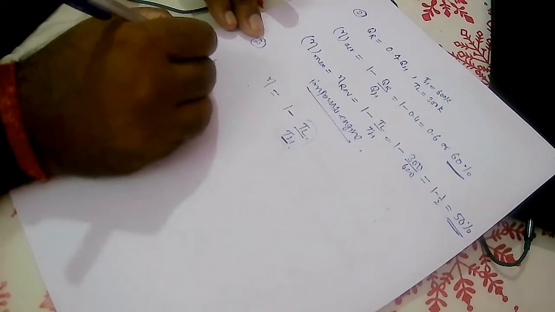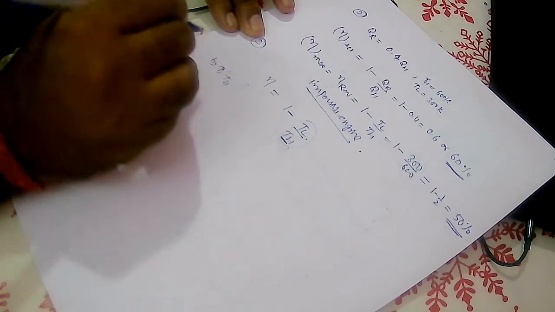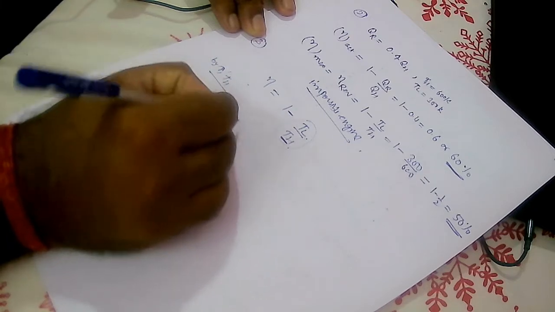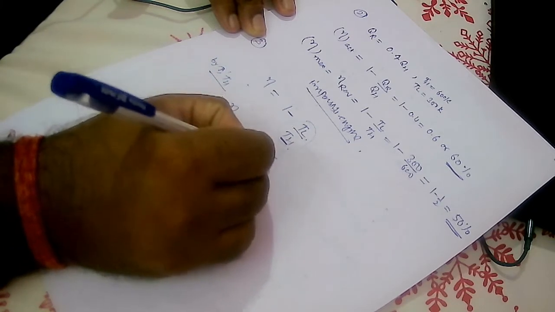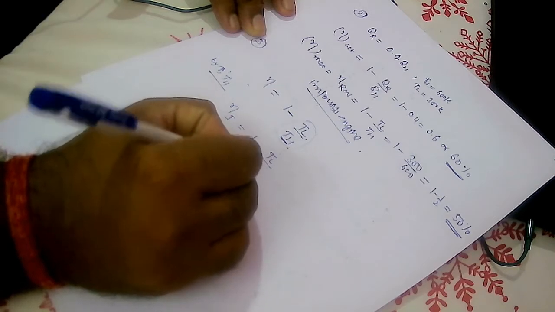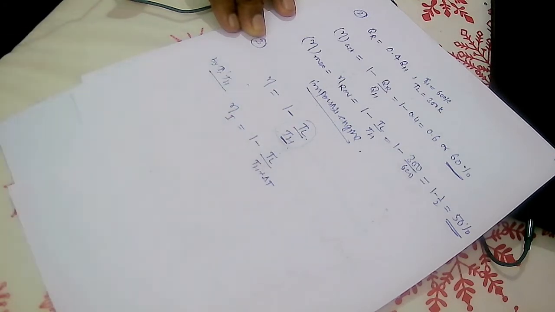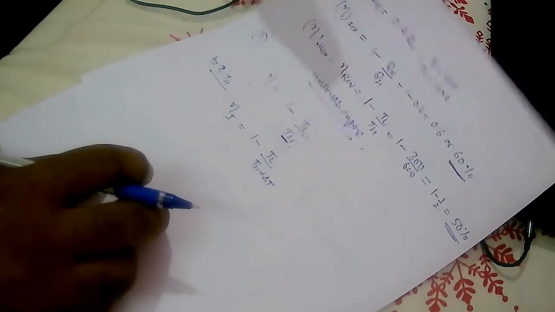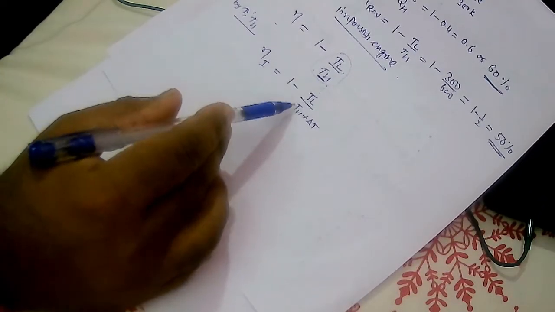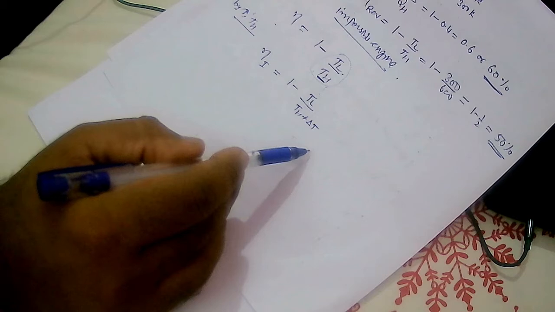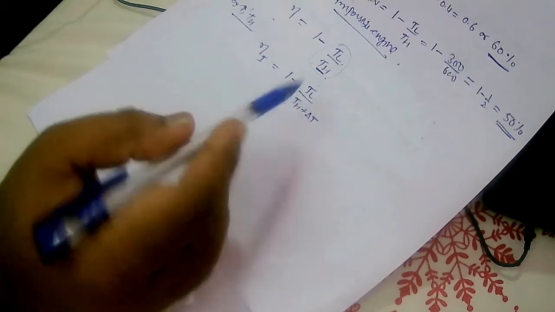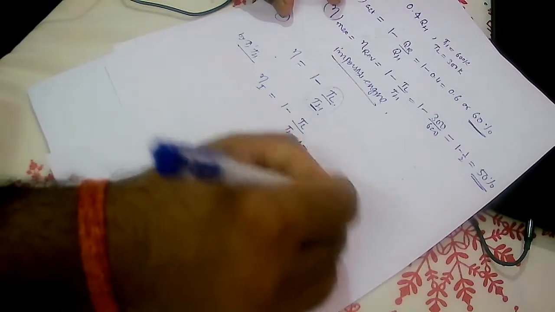First, by increasing T higher, T1 is the source temperature. T higher we are increasing. So let's suppose we write efficiency 1 is equal to 1 minus T lower, as it is, divided by T higher plus delta T. So we have increased T higher, or you can say T1, the source temperature. I am considering it as T higher. Leave that as equation number 1.